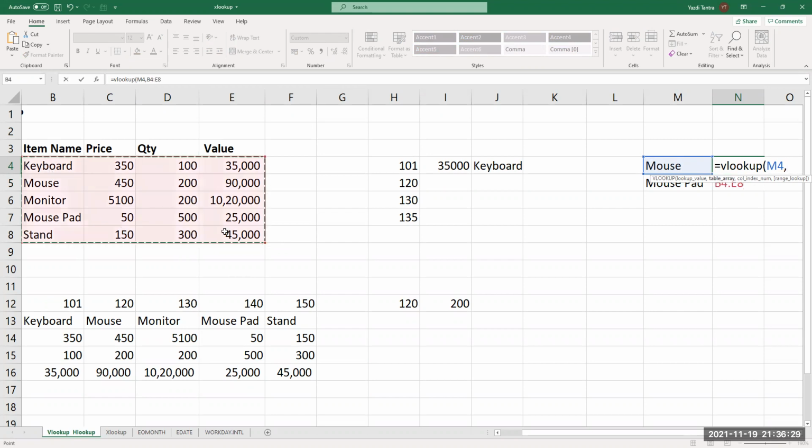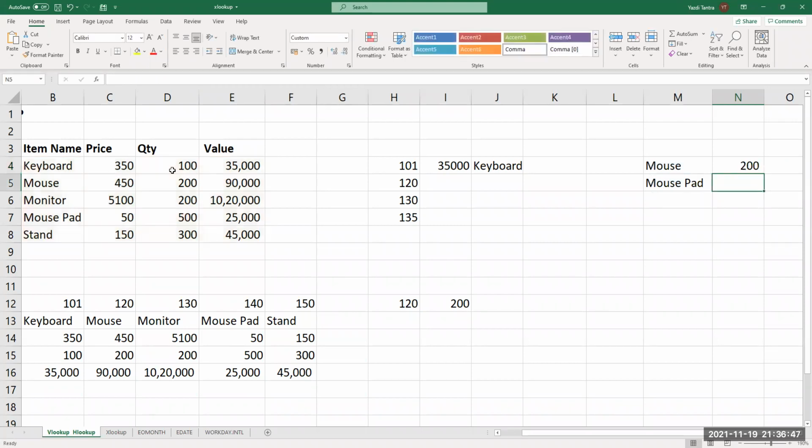Take this entire table, comma, and I want to look up the quantity. Quantity is in which column? 1, 2, and 3. So I just close the bracket and I get the quantity. Are you getting this? It's very simple.